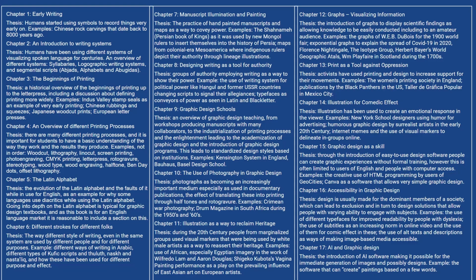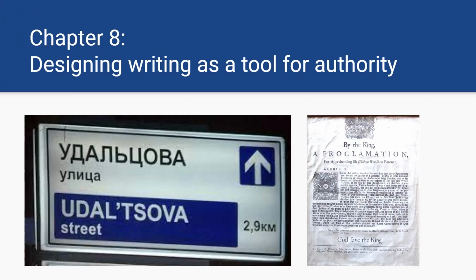This book will also not claim to be able to tell an even slightly complete history of graphic design. There are far too many examples to cover. Instead, case studies will be used as examples of broader historical developments and themes. These will be integrated into the book's broadly chronological organization, with each chapter being dedicated to a broader development or theme, with cross-historic examples. For example, Chapter 8 will examine the use of writing by organizations of authority.